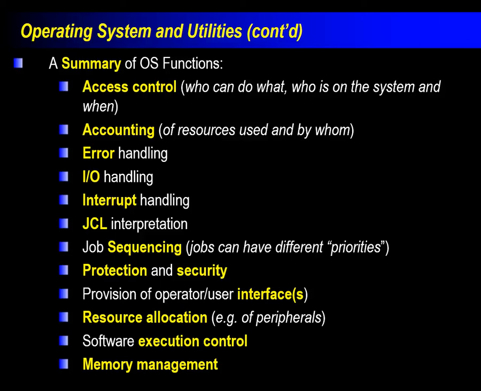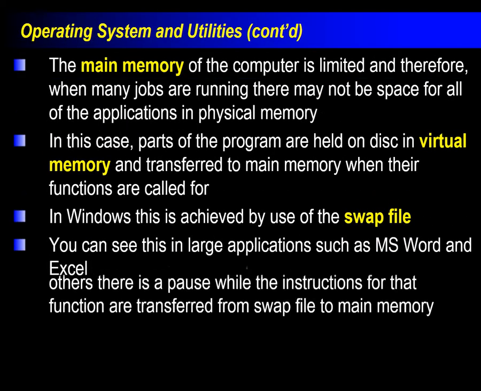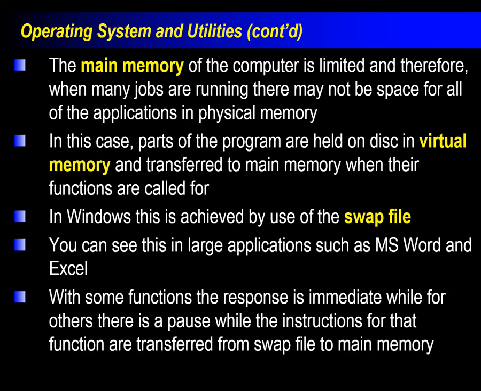Protection, security, creating a user interface for the people to work with. Allocating resources to, say, your peripherals. Executing software, managing memory. The operating system does a lot. Memory is a limited thing, so the operating system has to do a good job of managing it properly. We're going to talk more about memory in a unit coming up